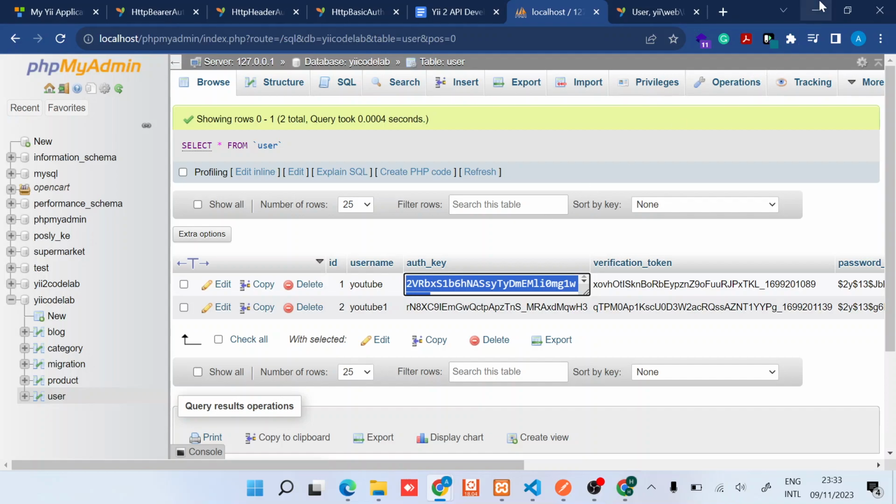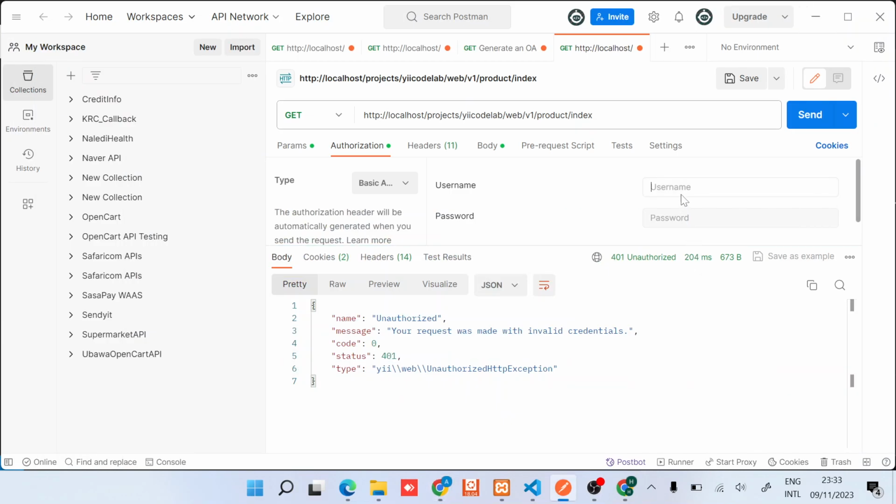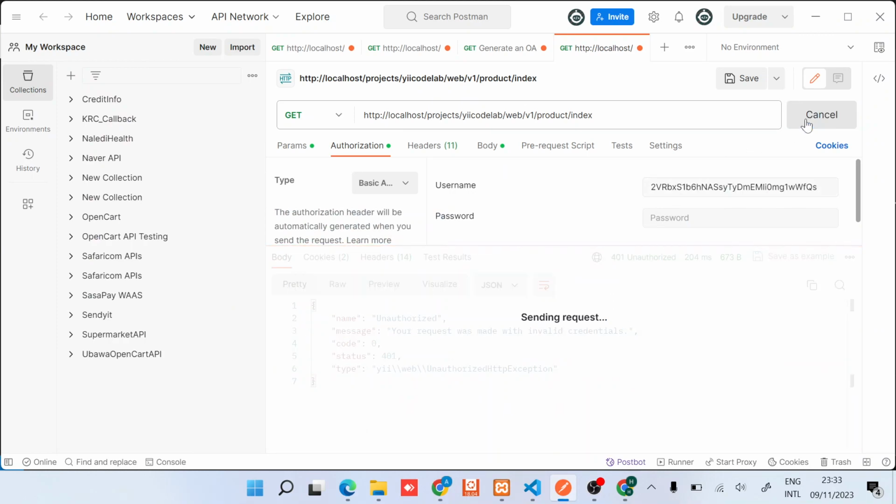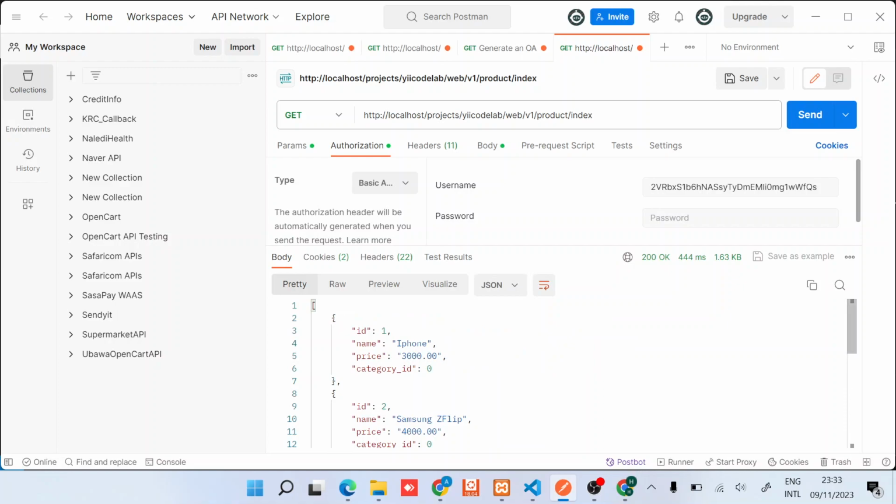This auth key is the one that we will use as the username, so that you are now able to access the API resources. As you can see, one thing about the basic authorization is that if you provide a username and a password, maybe you just provide a random password here, this will still work because by default,